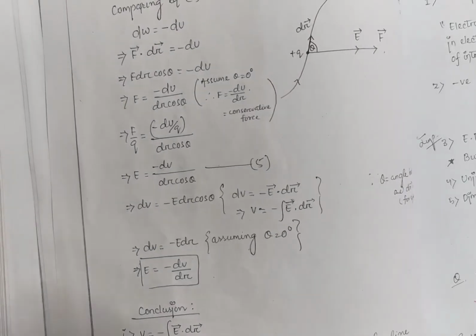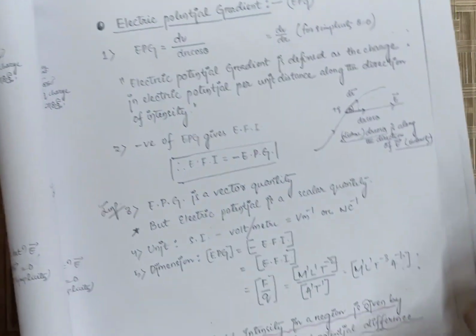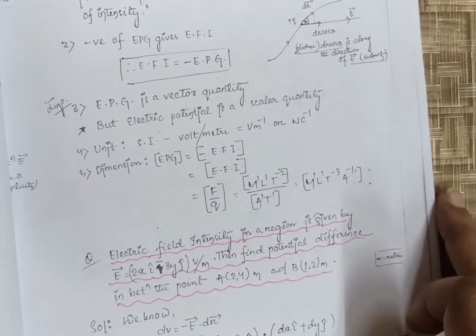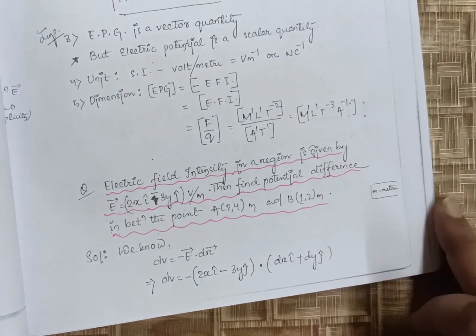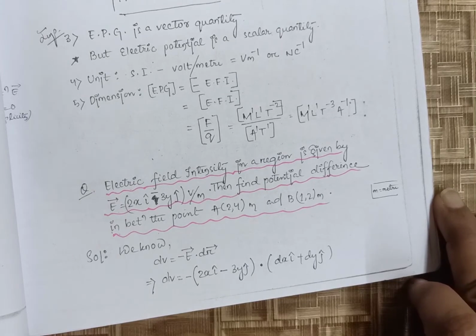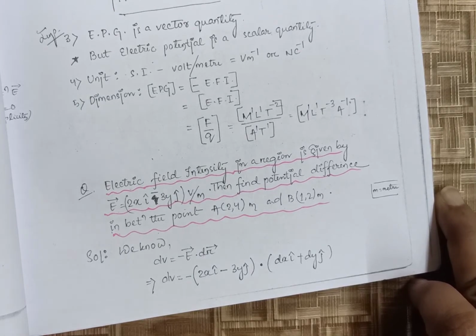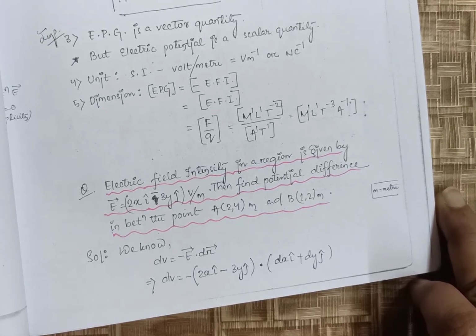These are the questions regarding electric field intensity and electric potential. In theory classes, we have discussed the relation between electric field intensity and electric potential. Many relations are there, calculus relations of derivative and integration. First of all, we know that the change in electric potential is equal to the negative of the dot product of electric field intensity and displacement, and electric field intensity is defined as the negative of the potential gradient.